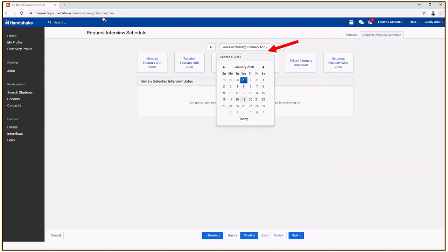It'll take you to the screen where you'll be able to select your interview date. Now I know that there is a career fair coming up on February 18th, so I might want to select February 19th to do interviews. I might want to meet with students during the career fair and then do interviews the following day here on campus. So February 19th is the date that I'll pick from the dropdown.